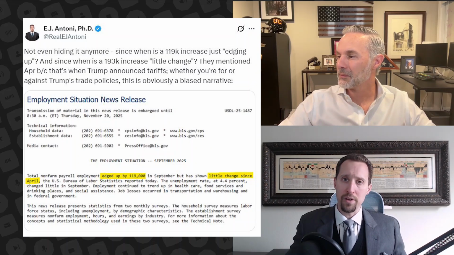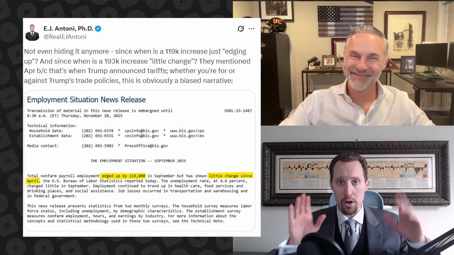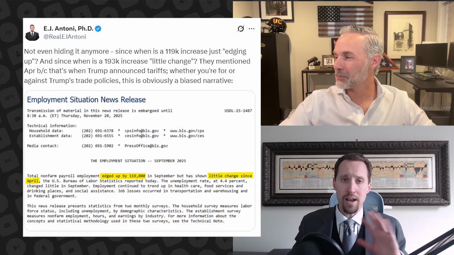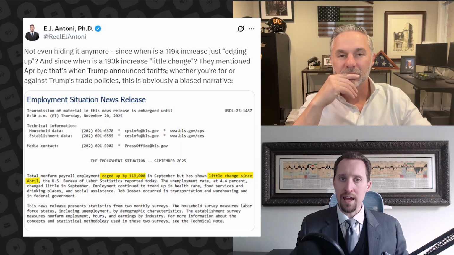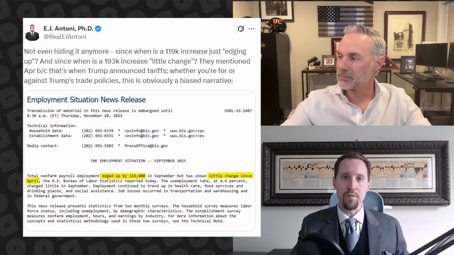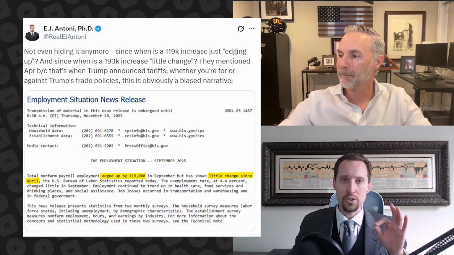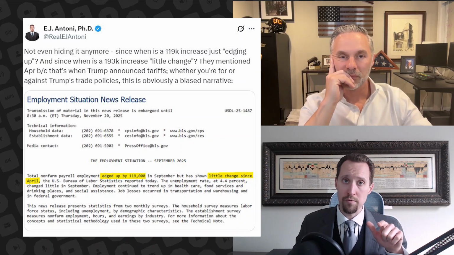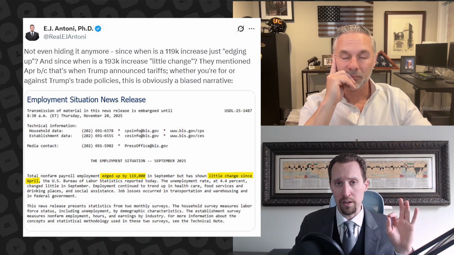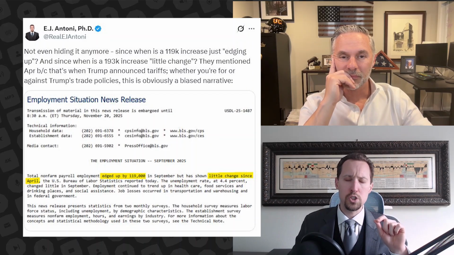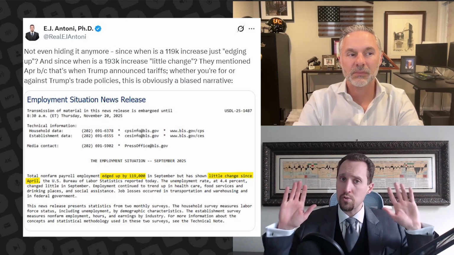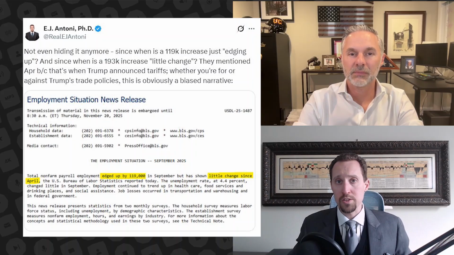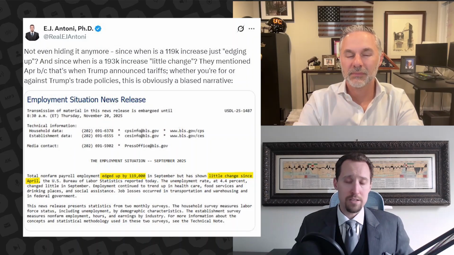Maybe it's because that's when Trump announced the tariffs, right? Which is kind of a hallmark of his economic policy. And I understand some people really love the tariffs. Some people hate them. I'm not trying to weigh in on that, but rather I'm pointing out the fact that the acting commissioner at BLS, who's in charge of writing this narrative, or at least proofreading it and signing off on it, you see something like this, it is so blatantly obvious that they are trying to say, look, since President Trump's signature economic move, guess what? The job growth has basically been non-existent. No, that's really not the case at all.